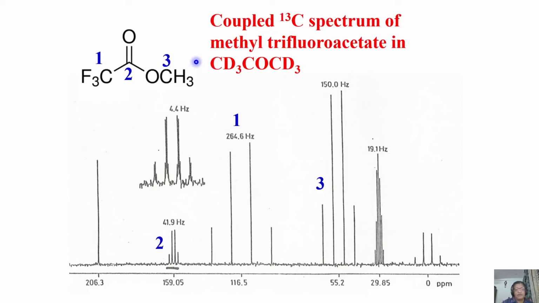What is the next one? Why is this a quartet? If you look at this one, this carbon is attached to this fluorine-bearing carbon, and two-bond carbon-fluorine coupling is not small. It is of the order of 30-40 hertz or sometimes 50 hertz. Look at it, this coupling is about 40 hertz. As a consequence, I would say this is a carbonyl carbon coupled to 3 chemically equivalent fluorines, the CF3 group. It is coupled to the CF3 fluorines. As a consequence, this CO carbon is a quartet.